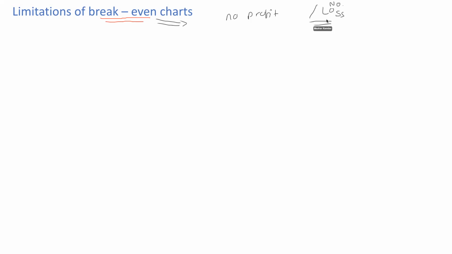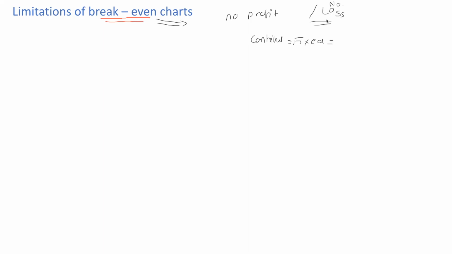That means whatever is your fixed cost, you recover exactly the same amount. Your contribution is equal to your fixed cost at the break-even point. But today we are going to do it with the help of a chart. How do you analyze the break-even chart, or how do you make a break-even chart?